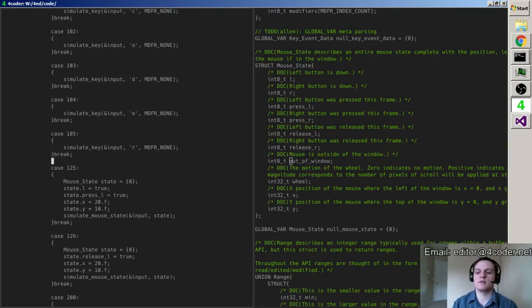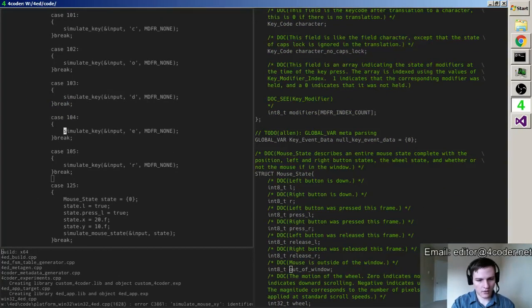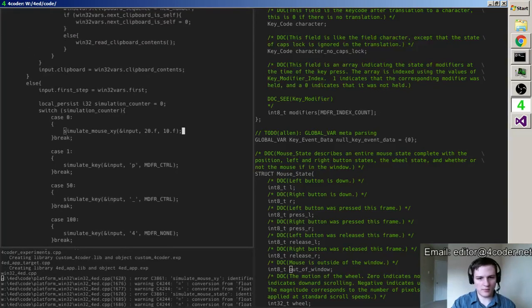In fact, that's something I've thought about. The keyboard and mouse handling in 4coder is in general a little inconsistent, because the mouse acts like a state and the keyboard acts like events. And I changed that a little bit towards more eventful, because the binding stuff really only can be triggered by events. So the mouse key buttons are treated as key events for the purpose of triggering events, stuff like that. But anyway, we will look at that in a minute. So let me pull these up.